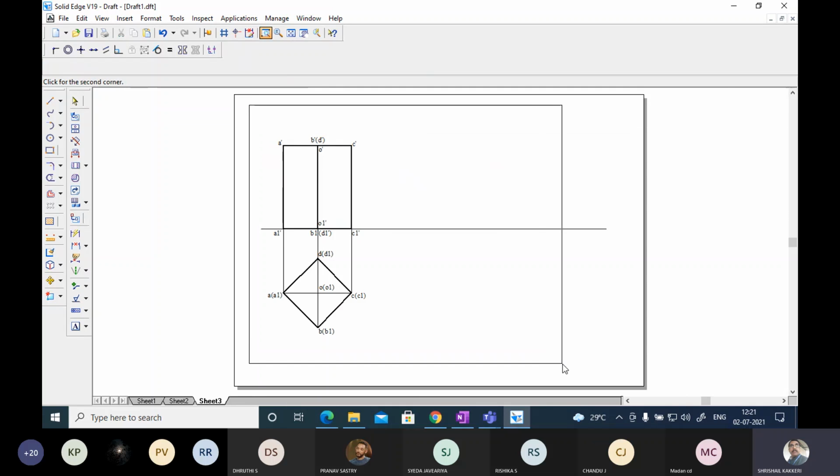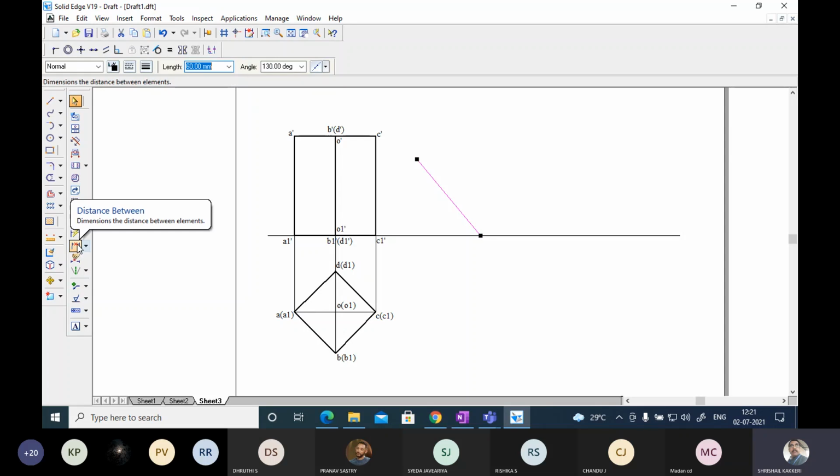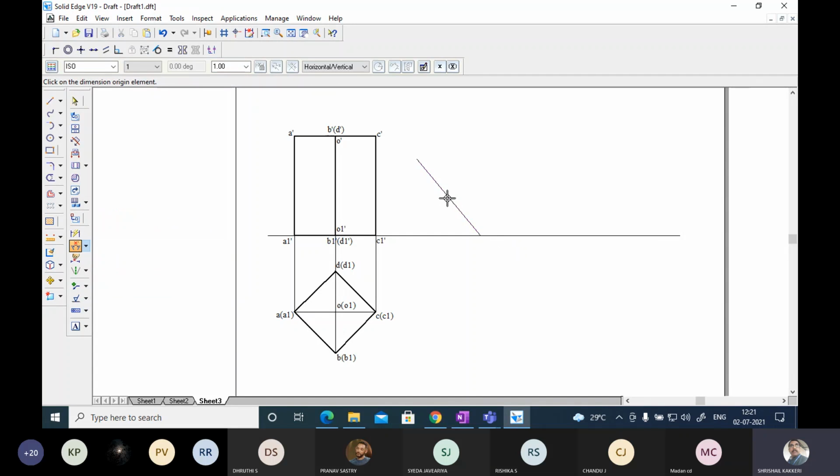Next, I have to draw a line at an angle of 50 degree here. Okay, at an angle of 50 degree. So 50 degree in the sense you can see here is 180 minus 50, 130. At an angle of 130, you have to draw this line. Line tab 130 degree. Okay, some length you have taken, and this will be 130 degree. You can see this, and if you measure this angle, definitely this angle will be 50 degree.